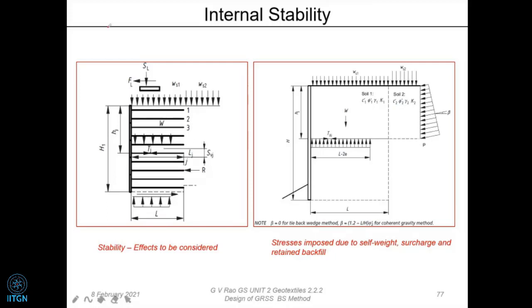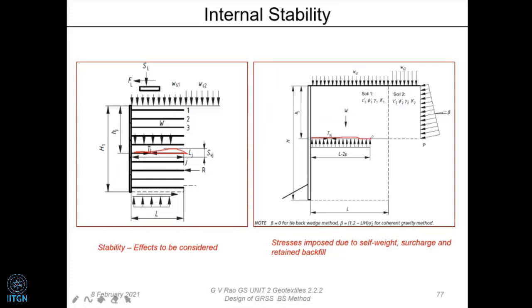So in trying to do that, internal stability we consider at each level. So I'm considering this, let us say, at a depth of Hj. I am trying to draw the portion of Hj and whatever is above. That means I'm considering only the stability of this entire thing above. But then what are we trying to do? What is happening to that particular reinforcement which is described here? What is affecting its behavior? Only the portion of the wall above this. That's why this is shown here. So as far as this reinforcement I have shown here is concerned,